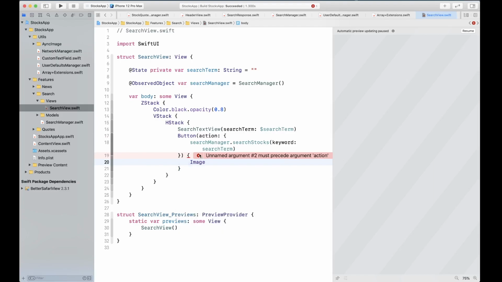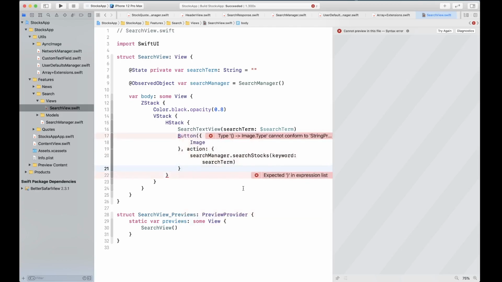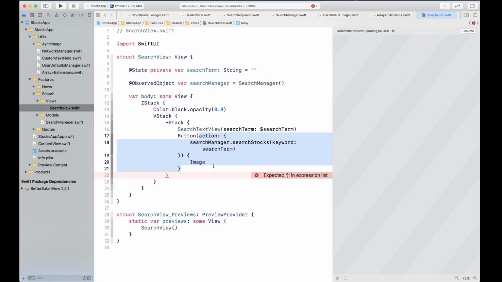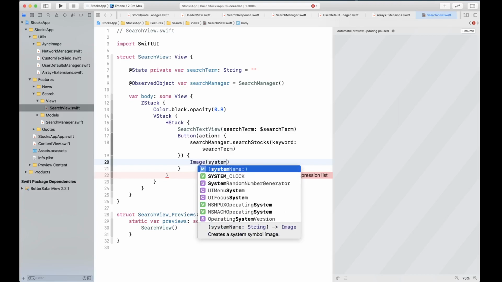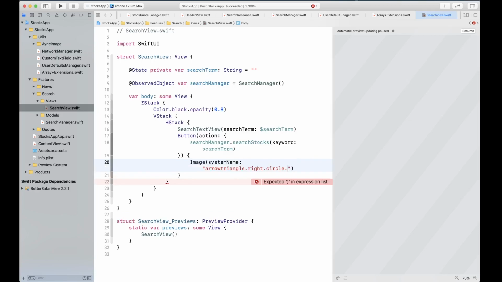Okay, so let's go ahead and fix this. Let's see if we fix it. Okay, all right, should be fine. System name, and we're going to use arrowtriangle.right.circle.fill.